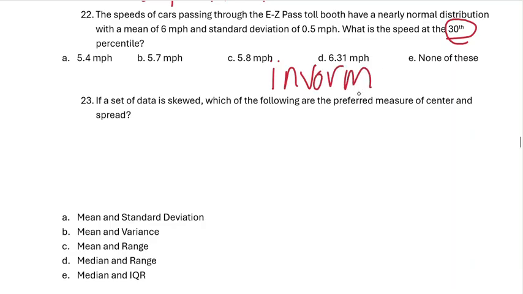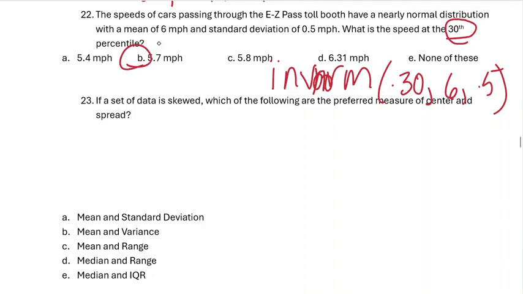When you are given a percentile, that is inverse norm. So it's going to be 0.30. The mean is 6 and the standard deviation is 0.5. So inverse norm, 0.30 for the 30th percentile, 6 and 0.5, and it comes out to be 5.7,